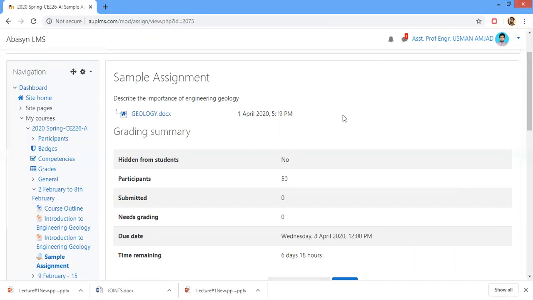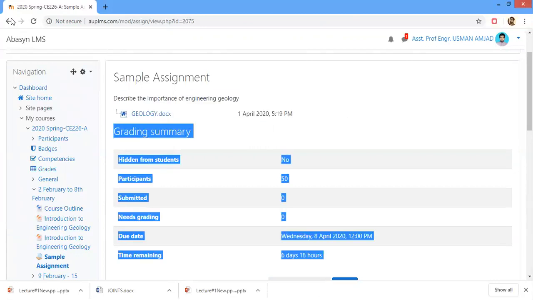I have now explained how the theory subject teachers and the numerical subject teachers can upload their assignment using the HTML text editor, and also through a file if they have provided the question in the form of an image or in the form of a figure in a PDF or a Word file. So they can upload it over here and the student can access it here. Now,